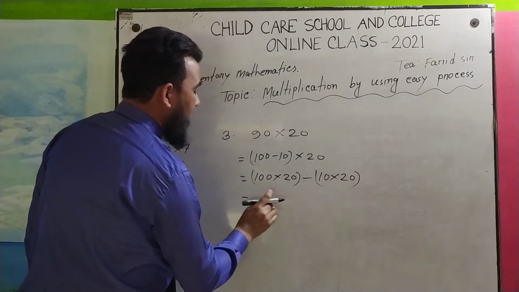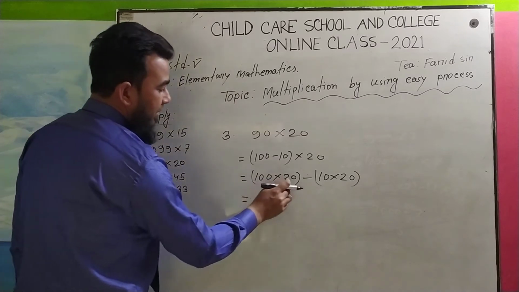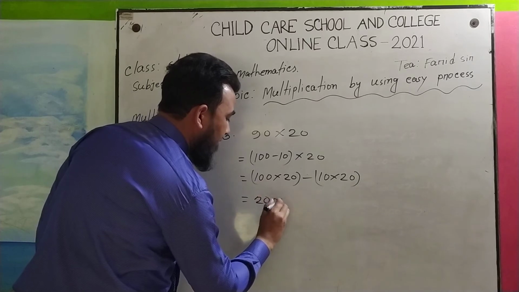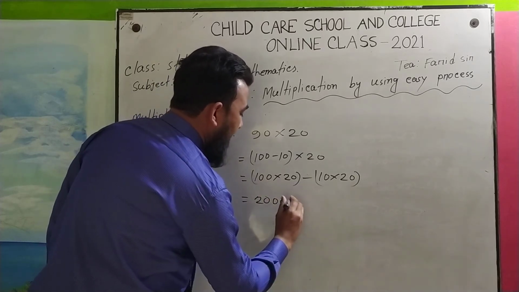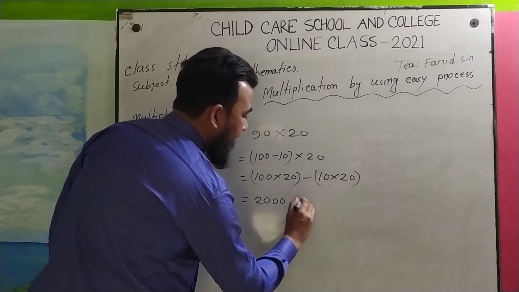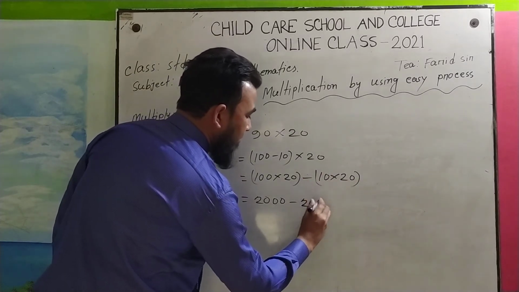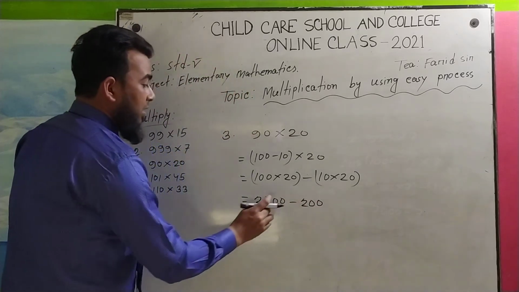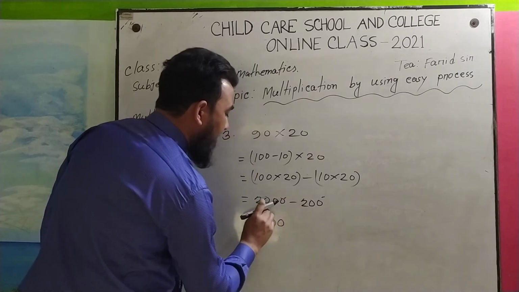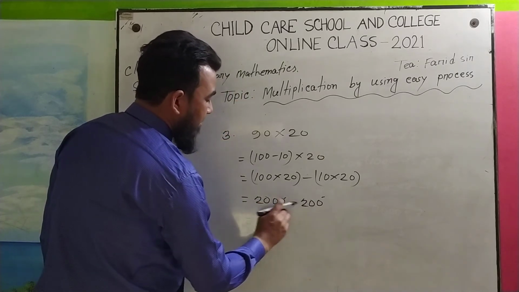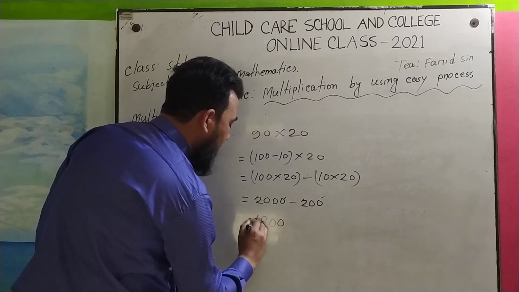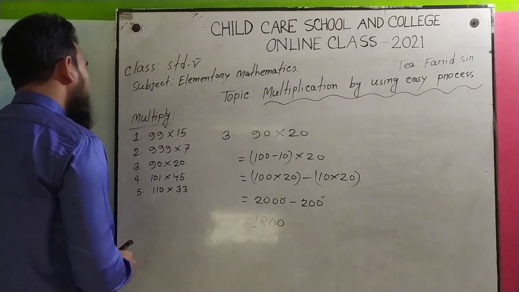Okay, the same way, if you multiply 20 with 1, it will be 20, and now here another 0, so in total it will be 2000. Okay, minus here 20. If you multiply 20 with 1, it will be 20, then here another 0. So what will be in total? 0 minus 0 will be 0, 0, 0. Now here, if it is 10, it is 8: 10 minus 2 will be 8, and here is 1. So 1800. Okay.